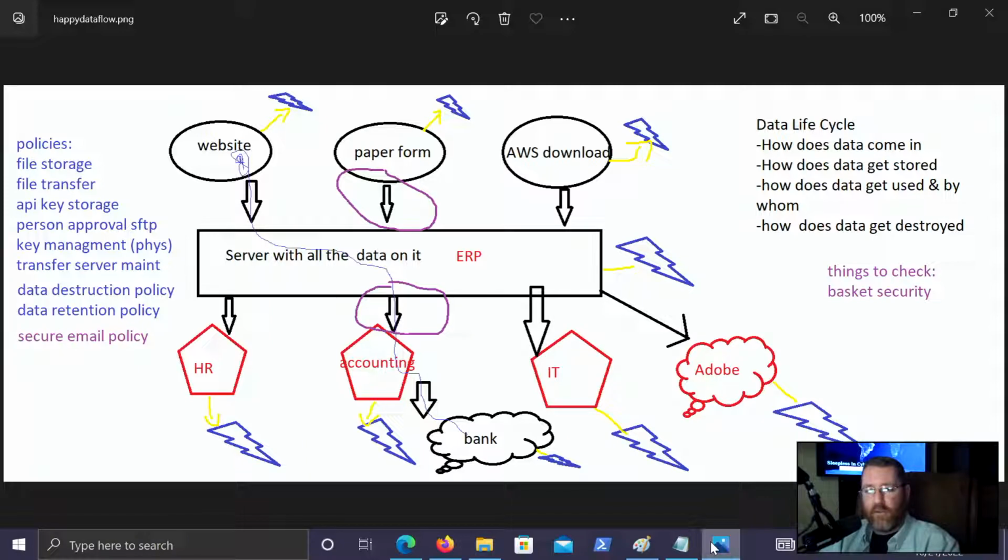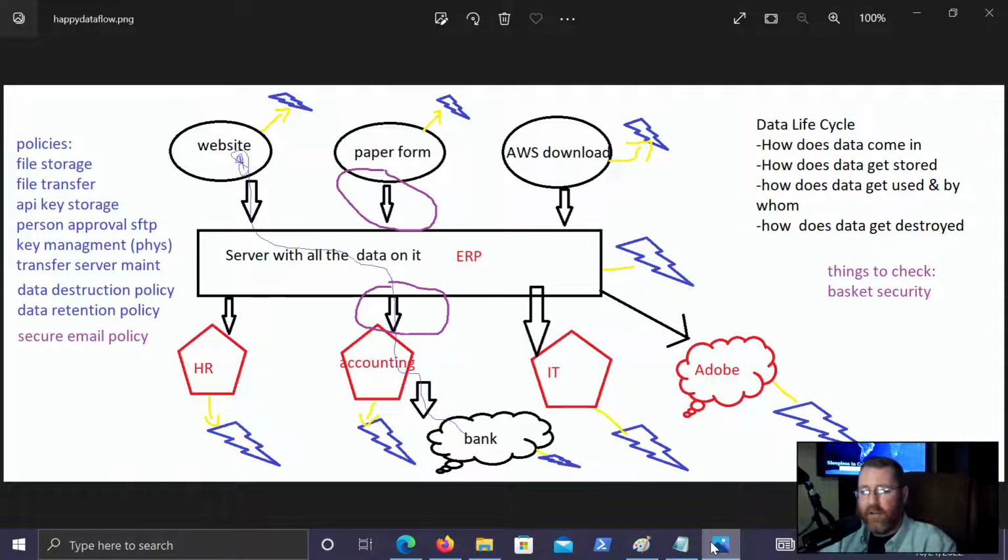Because they're going to start pulling, let's get all the logs off this server, all the logs off the desktops, all the logs off the websites, all the logs off the AWS. And that might be very beneficial to you in some way, but I don't think it helps most people, because what you truly need to look at is even if you just did your logs, excuse me, from your data